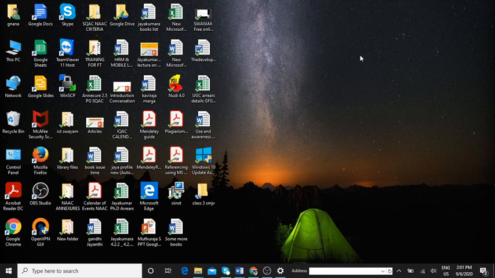creating a new folder using Windows Explorer, how to rename a folder using the pop-up menu and organize option, how to delete a file or a folder, how to copy and paste, how to cut and paste a file or a folder, how to select various files or folders, how to change the background of the desktop, and how to change the screensaver. So all these things you have got to know now.